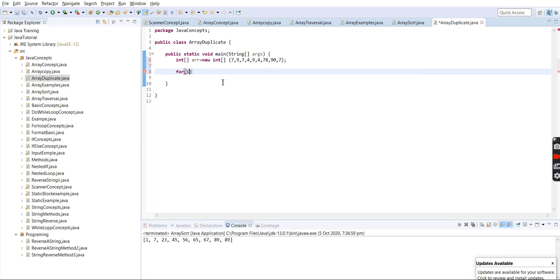First we'll iterate in the first loop through the first index, and in the inner for loop we'll traverse from the second element to the last, and we'll try to match if the first element is present in the other for loop or not. If it's present, then it will print that element index. So we'll see.